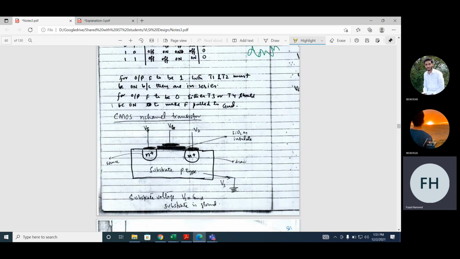Yes, in the last case, it depends on the number of transistors that are connected in series. What will be the worst case scenario? The worst case scenario is when the transistors are connected in series. Let's assume n transistors are connected in series. If n transistors are connected in series and we are using NMOS instead of PMOS, the output will be VDD minus N VTH, because it will provide a weak 1. And for PMOS, it will be N VTH. Okay?